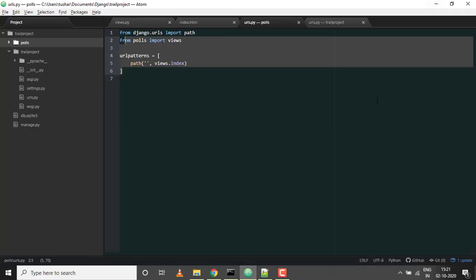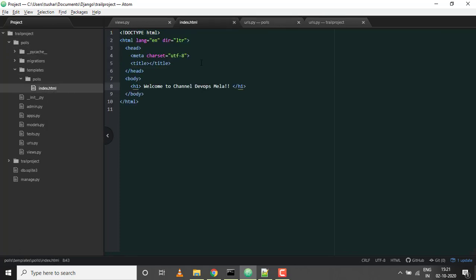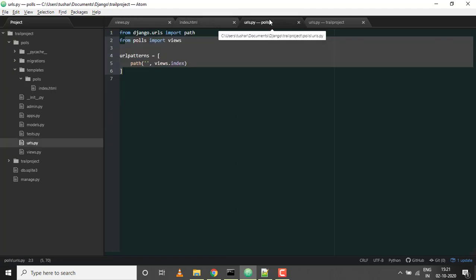Let's recap what exactly we did. We separated a template file. We have created a new templates folder, and inside it I have a page called index.html. We also created a new urls.py file for our web application, so we separated the URL file as well.